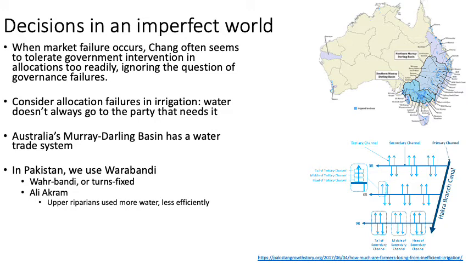So here's the canal going through, and if you're closer to the canal, then you get water quicker, and you often end up taking more water than is your right. And as the water flows downstream, people at the end are less able to use that water. Now,